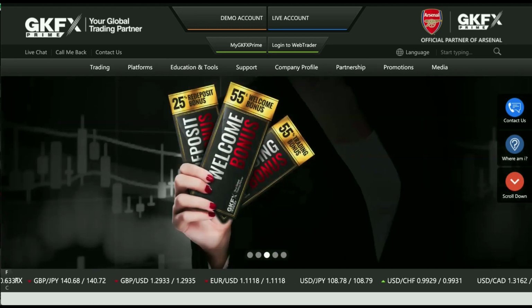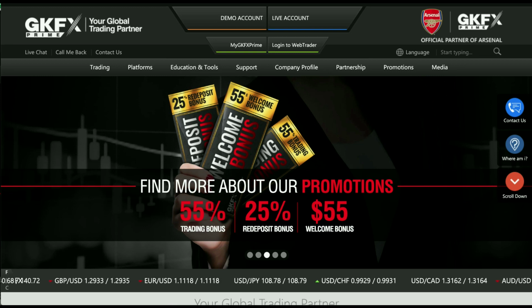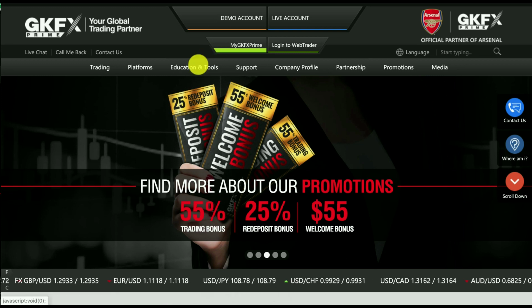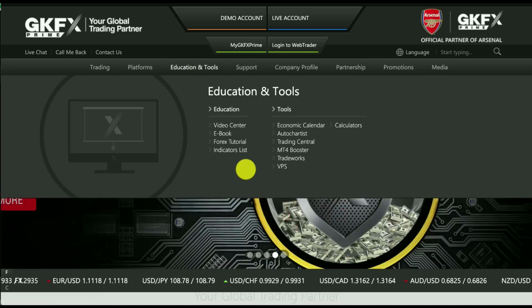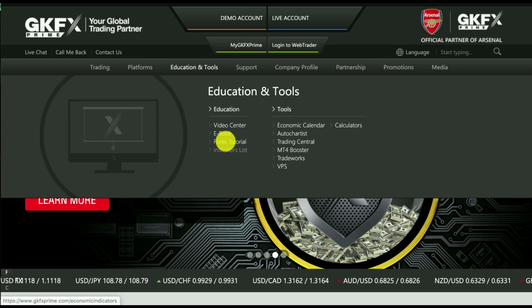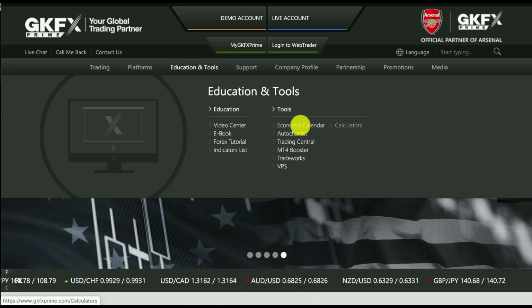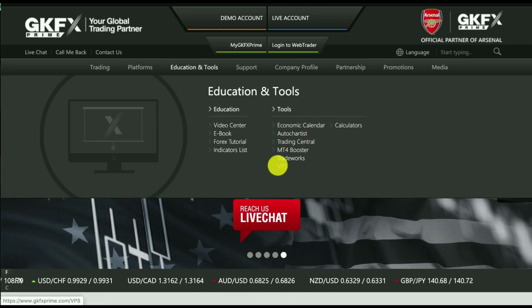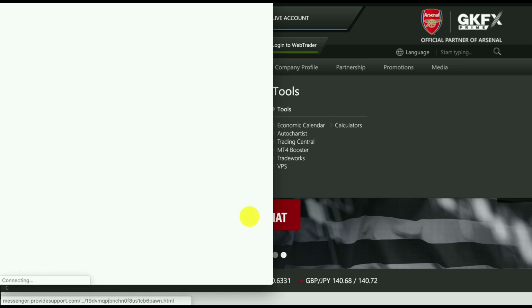They also offer the Auto Chartist plugin for you to identify patterns, and you get access to a trading calculator and some other tools which include some amazing educational features like the video center, ebook, tutorial, indicator list, and there's the Auto Chartist we mentioned, the Trading Central, there's the economic calendar, the calculators, and you also get access to a VPS here. There are a number of ways in which you can speak to the company, and live chat